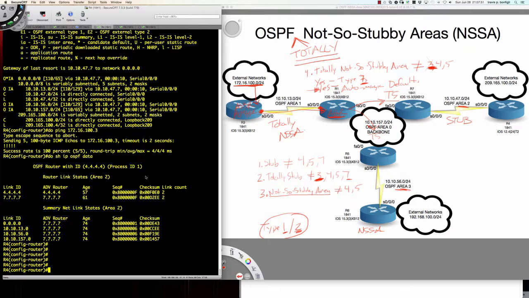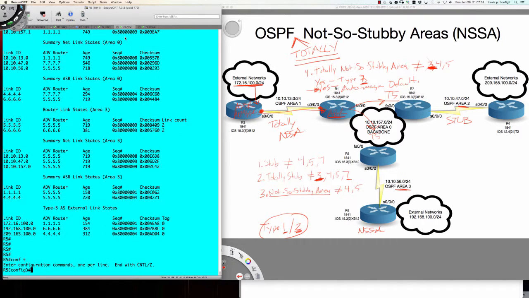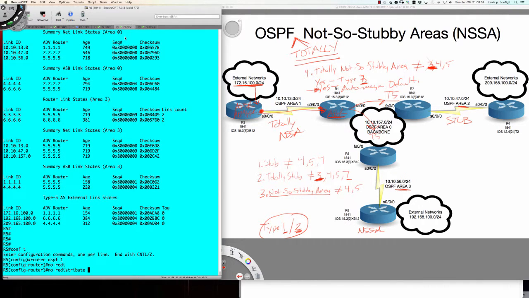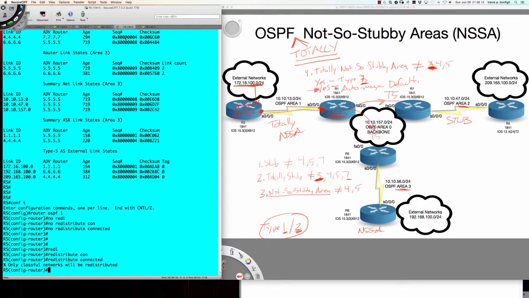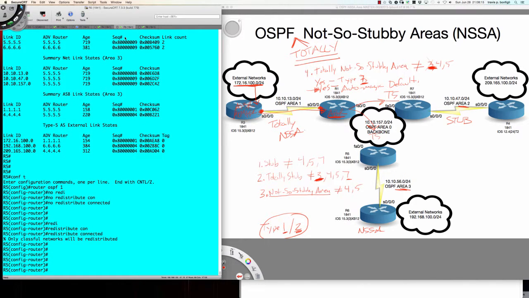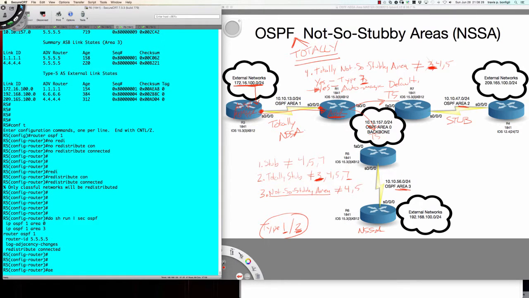All right, let's transition over to area 3 now, between router 5 and router 6. Let's turn this into an NSSA. So we'll go to global config, and I'm going to say router OSPF 1, and we'll say no redistribute connected. And then actually, let me leave that on there, redistribute connected. I want to go ahead and leave that on, show run section OSPF, because we're going to make this an NSSA, right? So we want to be able to redistribute because we have external information that we want to put out there. And let's go ahead and say area 3